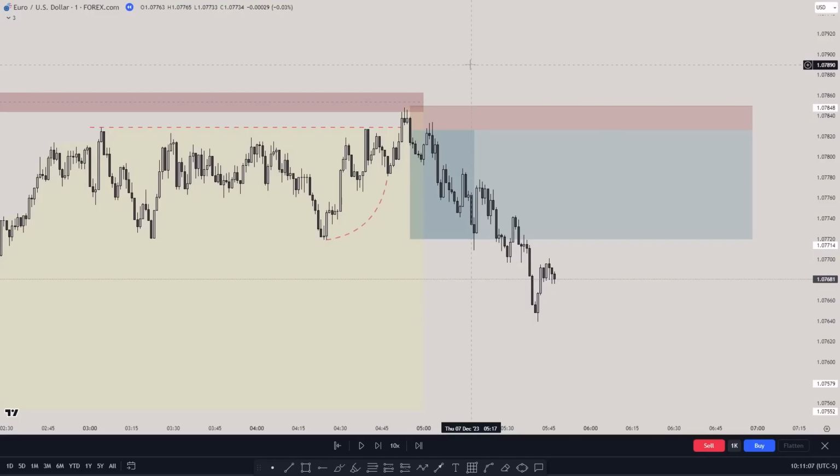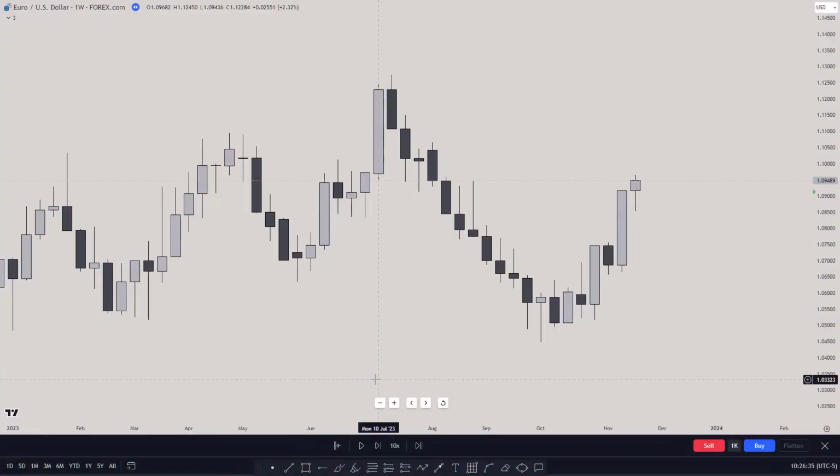So medium time frame, high probability level of liquidity or point of interest, big rejection on the 1 minute. I want to see a change in the state of delivery or fair value gap, and I enter from there. That's basically my scalping strategy. Now for the last trade, we're going to be looking at the daily, weekly, and then 50-minute and 1 minute. So all time frames aligning with each other.